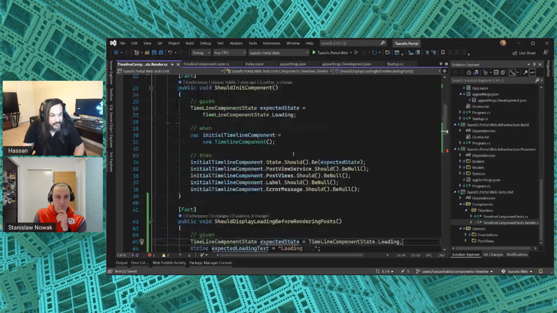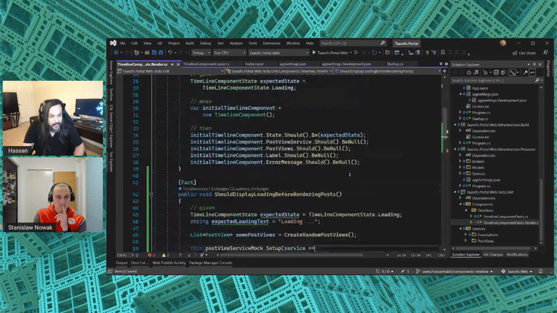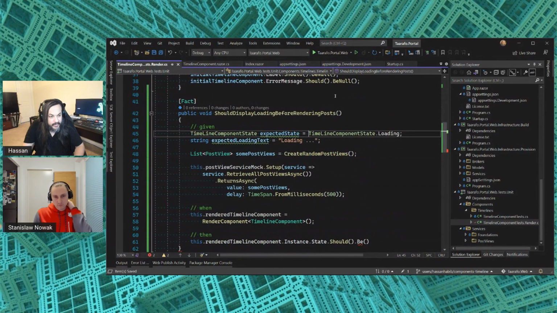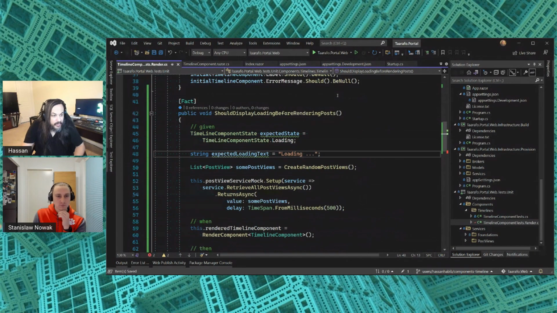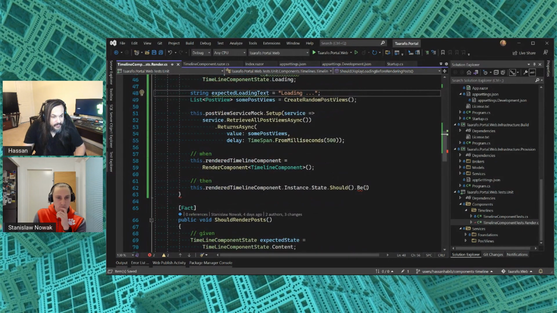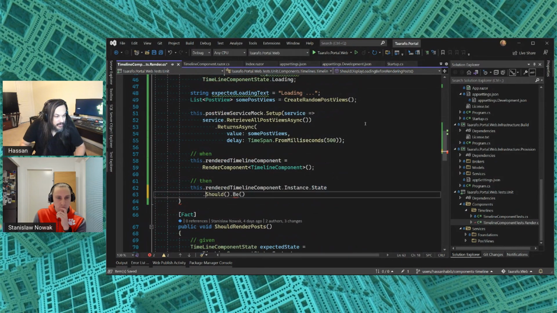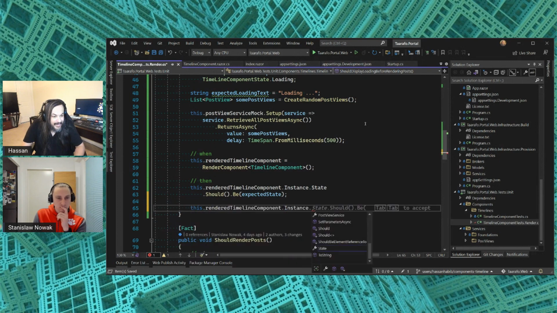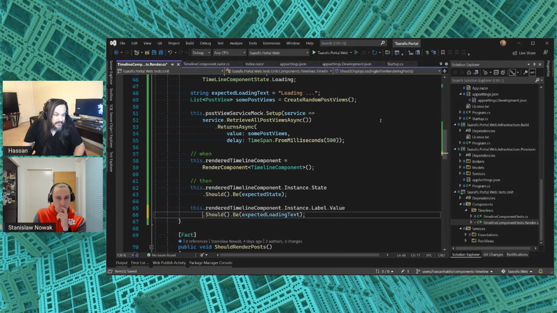Okay. This is different from this guy, in that this guy is validating everything is actually empty, but this one here is saying, no, actually, when we start loading, go ahead and verify. So this should be, and this here is the expected state, like this. Okay, so that's one, right? The second one that I care about is that render timeline component instance dot label dot value should be the expected loading text,